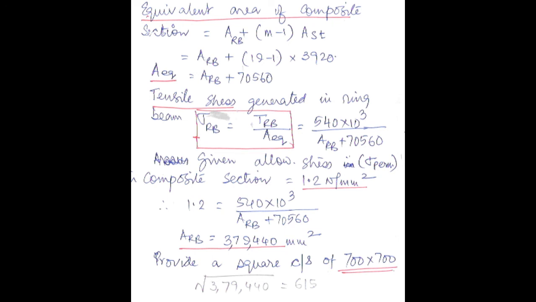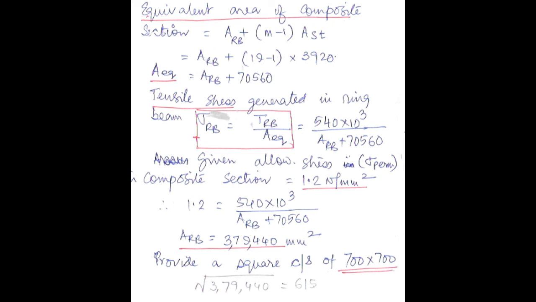Now, given that the allowable stress, sigma permissible in the composite section, is 1.2 Newton per mm square, this is given. So the value of sigma RB we put as 1.2 because that is the allowable stress. From here we get the area of the ring beam ARB equal to